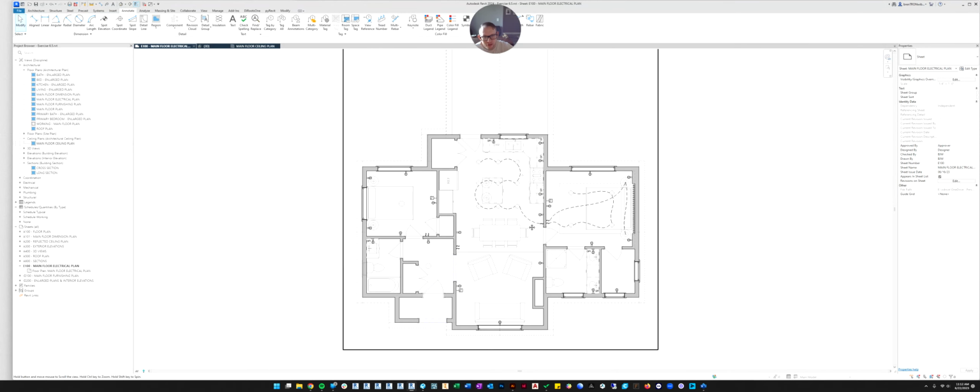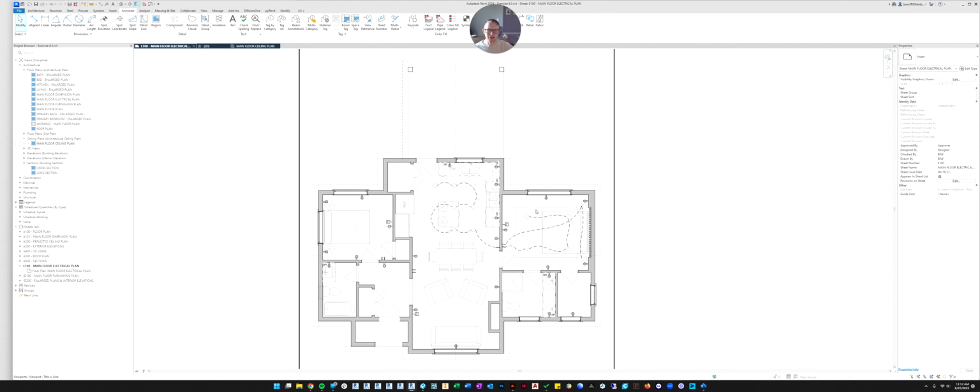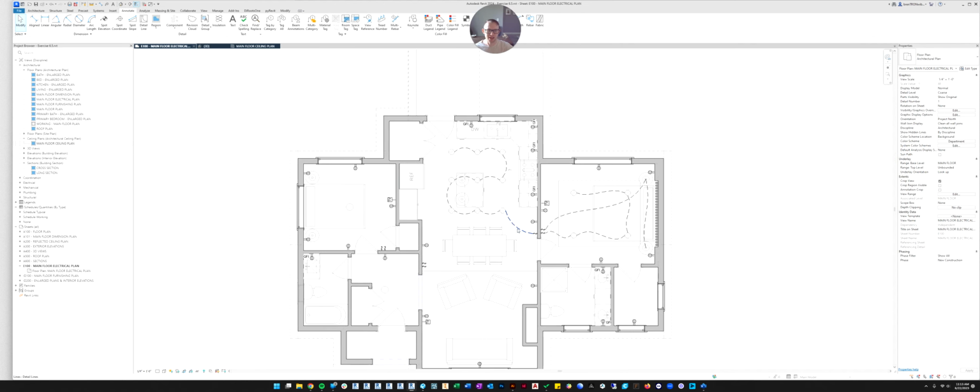Okay, so now you've seen how to put all of these elements into an electrical plan. I want to show you a better way if you have access to good families. So Slick has bought some good electrical families, and I want to show you how to use those to make this process easier, because you saw in the last video some of the problems we had.